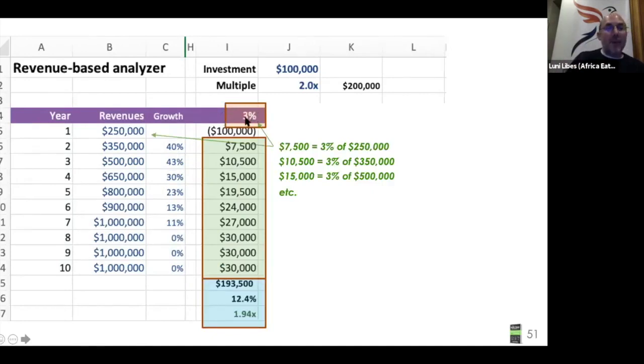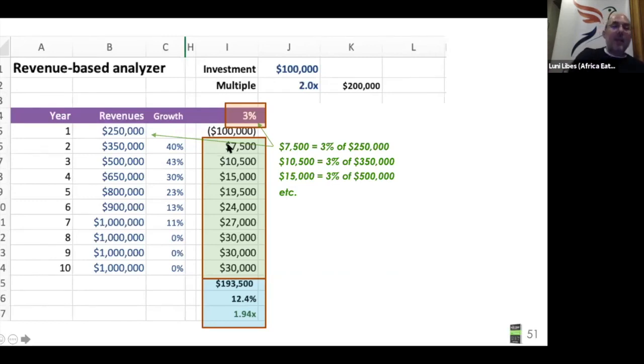So I4 here is just a number we're going to pick out of thin air that says, let's look at what happens if we take 3% of revenue. So here's what happens in terms of the cash flows. In year 1, you give out $100,000. And the spreadsheet's doing annual redemptions just because the math's easier. It fits on a screen, and this is because it's shorter. So $100,000 in year 1 goes out.